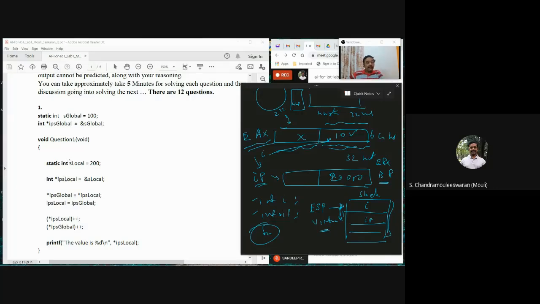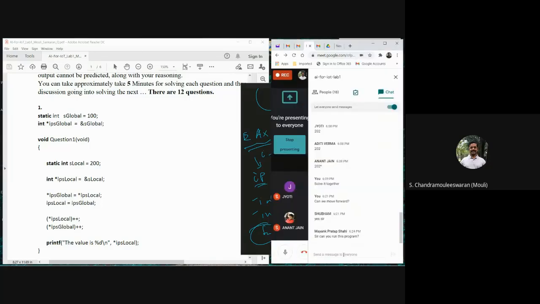Whereas this variable, I named it local to confuse you. It is local in terms of scope, but in terms of memory, it will be in the global area. So to answer your question, this will also be in the stack area. It doesn't matter whether it's a pointer or an integer. Is it clear or do you have some more questions? Yes, sir. Okay, so can you run this program?